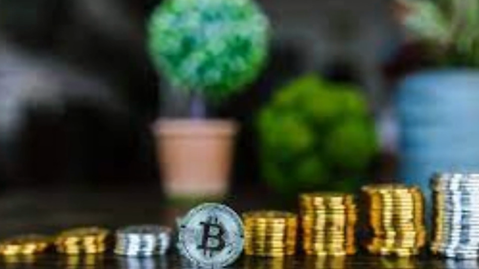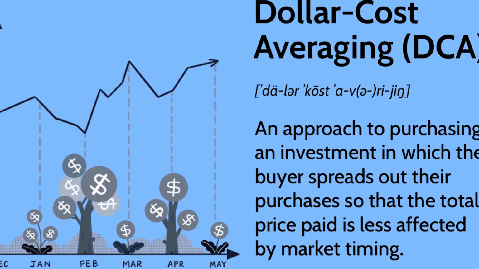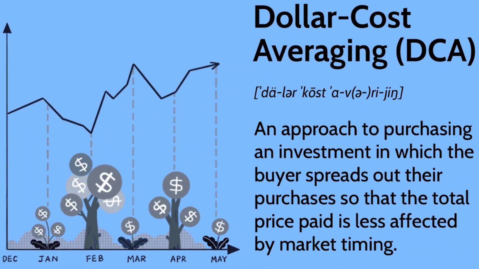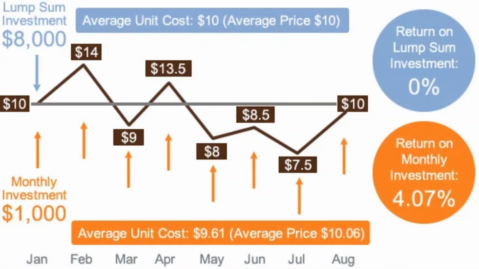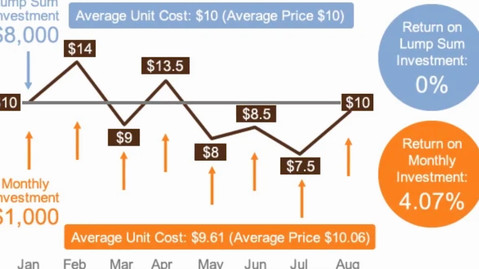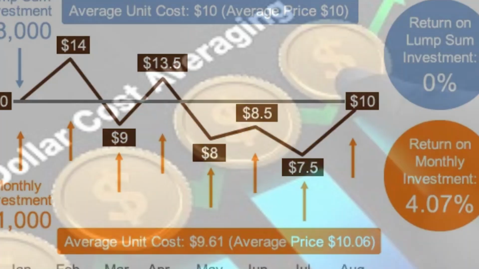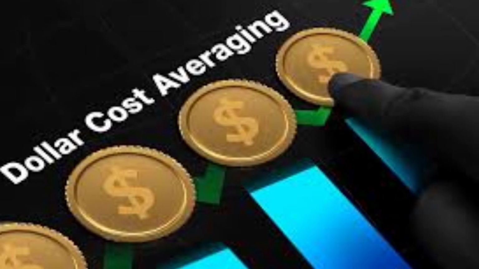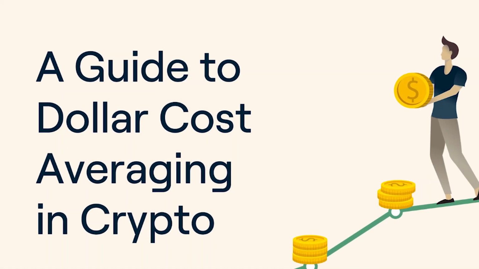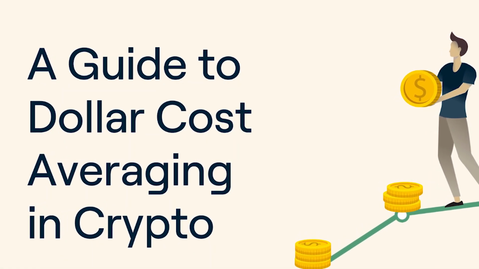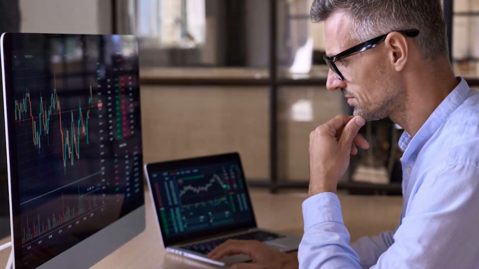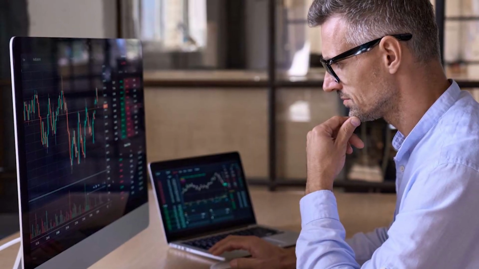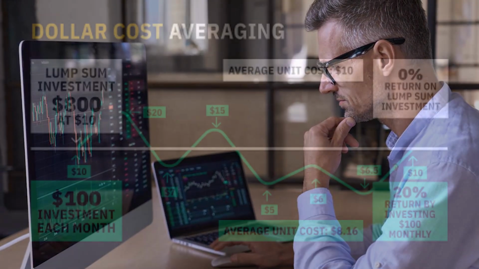Step 2 is to decide how much you want to invest. This should be an amount you can comfortably set aside without affecting your daily life or needing to pull the money out in the short term. For example, you might decide on $2,400 for the year. That could break down to $200 per month or $50 per week. The key is to pick an amount you can commit to regularly without feeling pressured.